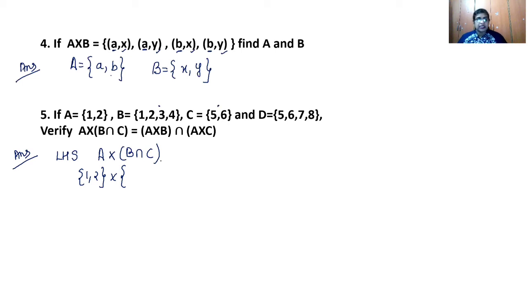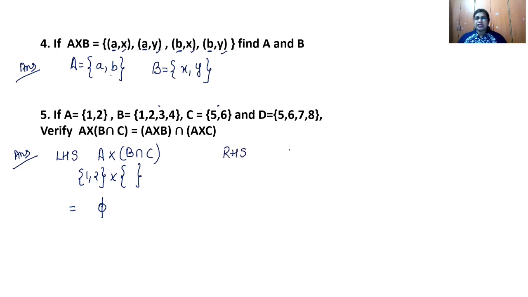Find what is the intersection. Do you find any intersection? No intersection, isn't it? So what do I write? It is an empty set. I had given you one note: if either A or B in A cross B becomes an empty set, then your answer for A cross B is also an empty set. So therefore your left hand side is equal to the empty set. Keep it aside. Next, move on to the right hand side.